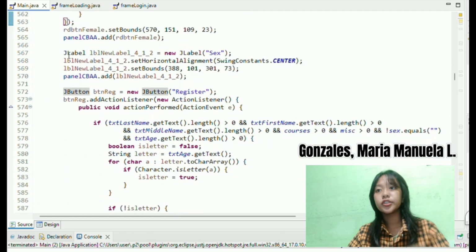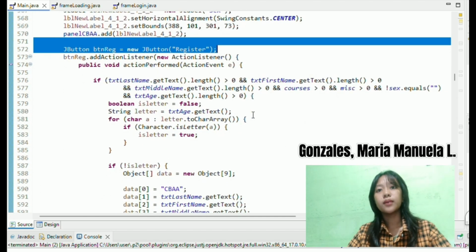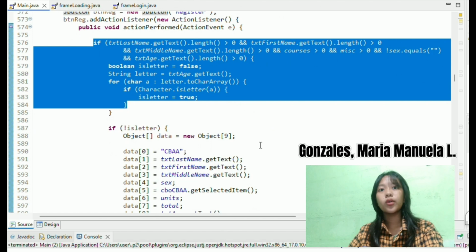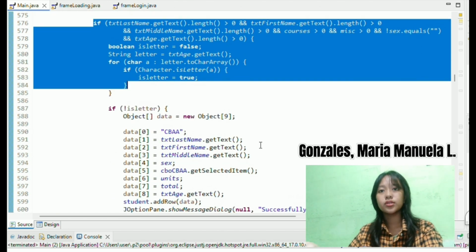Next, in this part, is the JButton named register. This button triggers an action listener. It checks if the required fields, such as the name, age, course selected, and sex, are filled correctly.